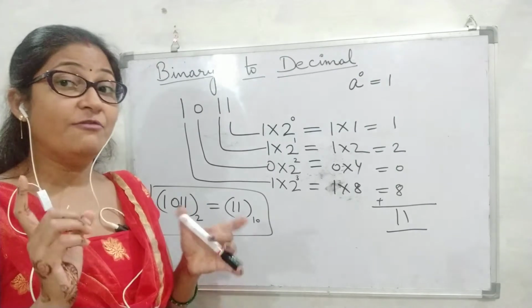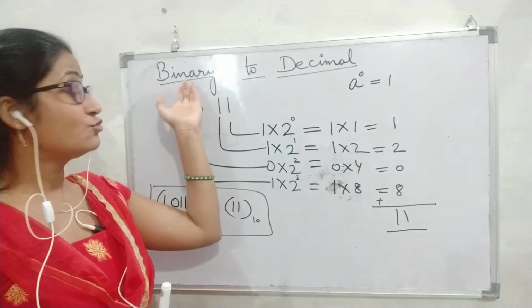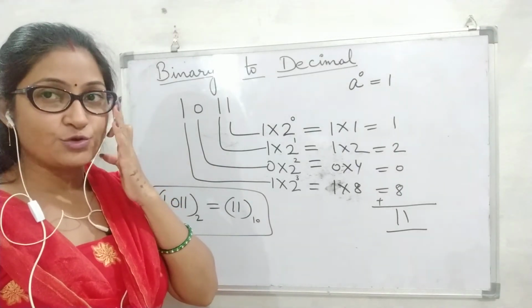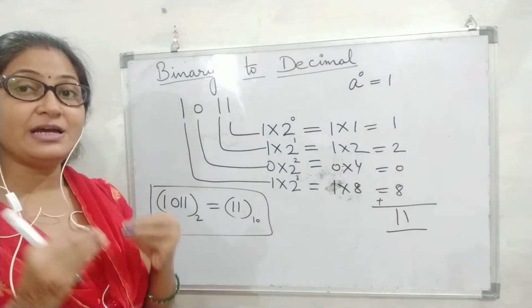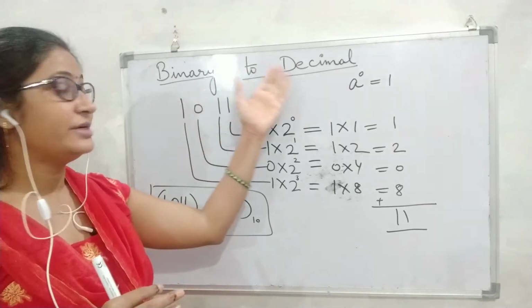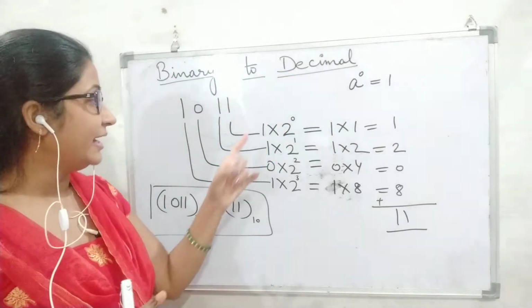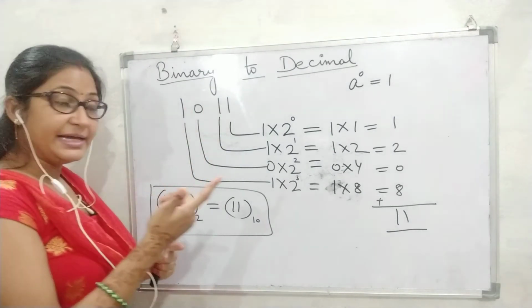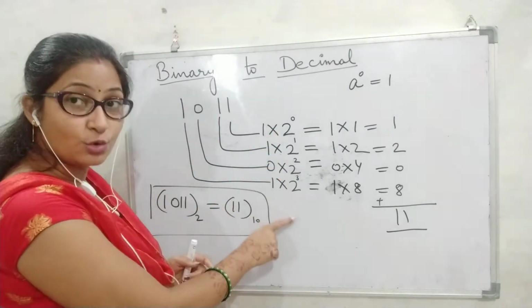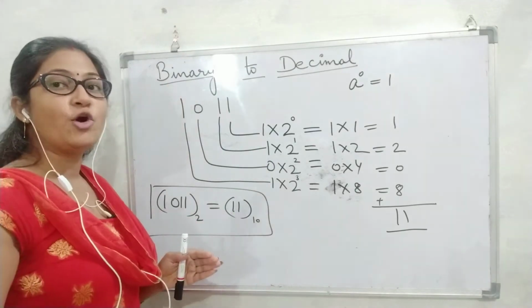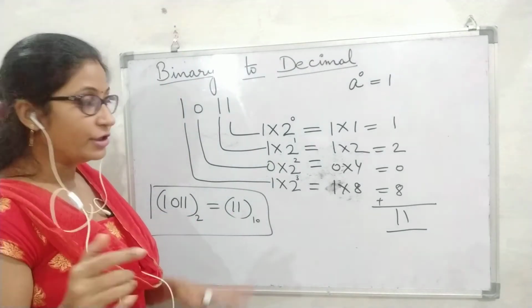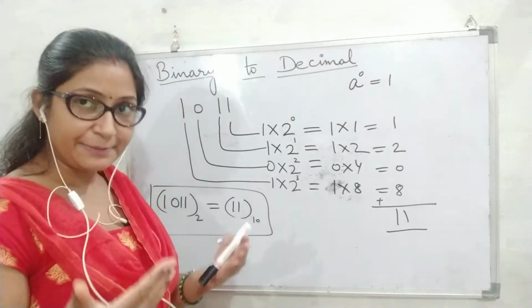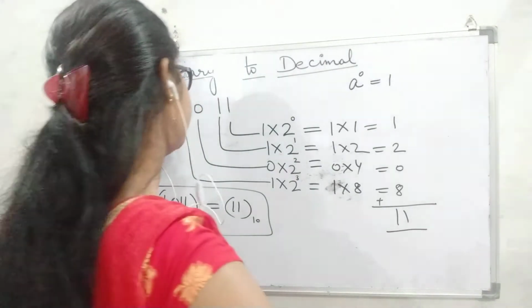Always remember, when we have converted decimals to binary, in that case we have divided it by 2. And here when we are converting binaries to decimal, we have to multiply the digits from the right hand side by 2 and its power keep on increasing in ascending order from 0 to the number that we have to take. Let me take one more example.